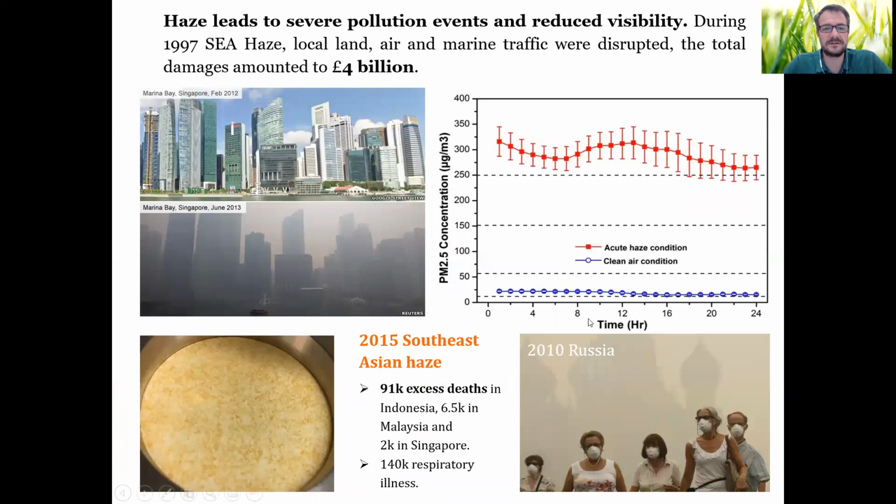And relating to emissions, it is important to look into the emissions of smoldering. They led to these absolutely horrific emergencies that happen all around the world, in regions that have a tendency to large smoldering fires, like Southeast Asia or Siberia, but sometimes even the United States, and some time ago Europe. This is, for example, what happens in beautiful Singapore. This is the Marina Bay, and this is what happens in Marina Bay where there is haze. It's not that it's at night or early in the morning. This is exactly the same time of the day.